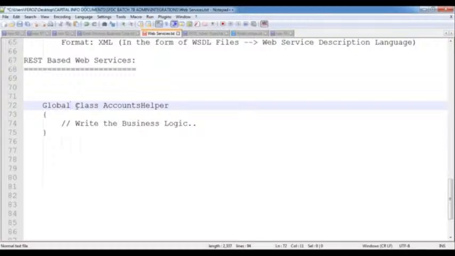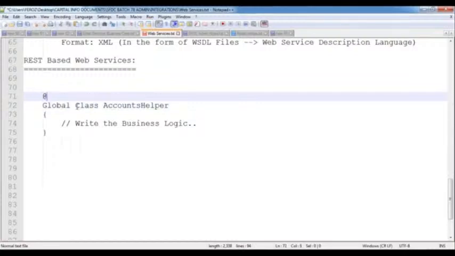If you want your class to be accessible from a third-party application also, at that time we have to use an annotation called RestResource. That's it. Nothing else. Over. It's a web service which can be consumed by third-party applications. Now, as we have already discussed, what are the things needed if you want to access it from the third-party application,